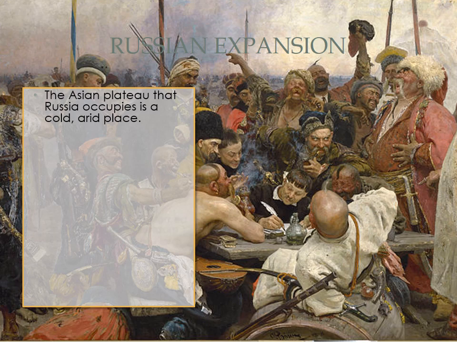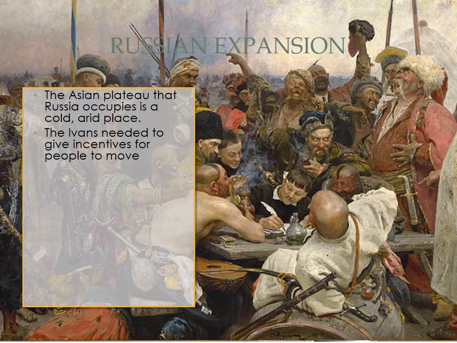The Asian plateau that Russia occupies is a cold and arid place. You have Siberia, then you have the steppe land, and you have a large plateau. And so there's not a lot of resources there, not a lot of trees or plants or wildlife to eat and survive on. It's not very human friendly. But the Ivans didn't really have a strong enough army to make this expansion eastward that they were hoping for.